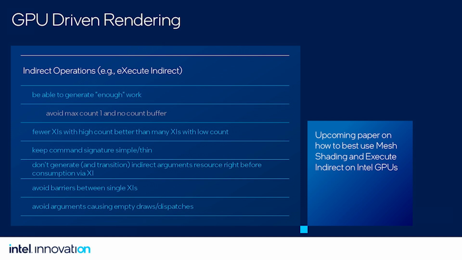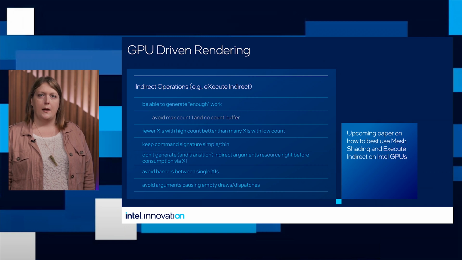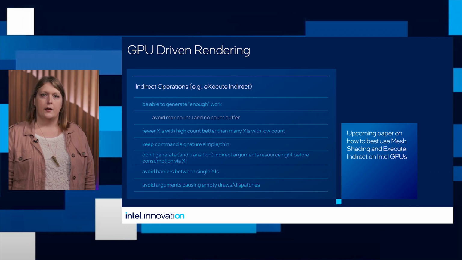Otherwise, this can lead to pipeline stalling and low GPU utilization. A better option is to group generation of arguments, then barriers, then batches of ExecuteIndirects using those argument buffers. Avoid barriers between single ExecuteIndirects, which can limit driver optimizations. Finally, if there is a chance of many empty draws or dispatches in the indirect argument buffer, consider separating prior